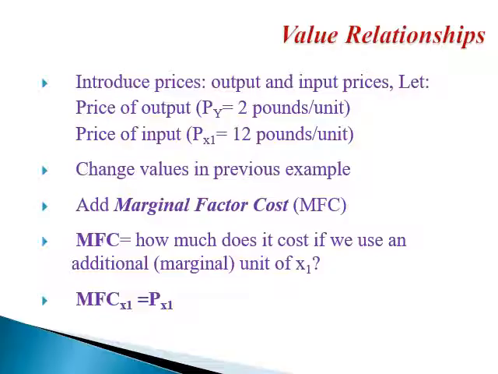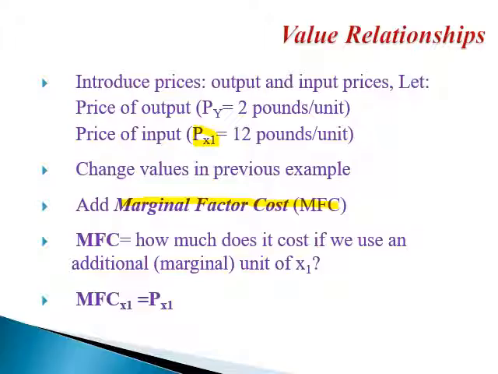So we now will take that for given, and another name for the unit price of the variable input is called the marginal factor cost. Okay, another name for that is marginal factor cost. So marginal factor cost is exactly the same as unit price of the variable input. Why do we call it marginal factor cost? Because it talks about the addition to total factor cost, or total variable cost in that case, when you increase the level of the variable input by 1 unit. So it is the same thing.